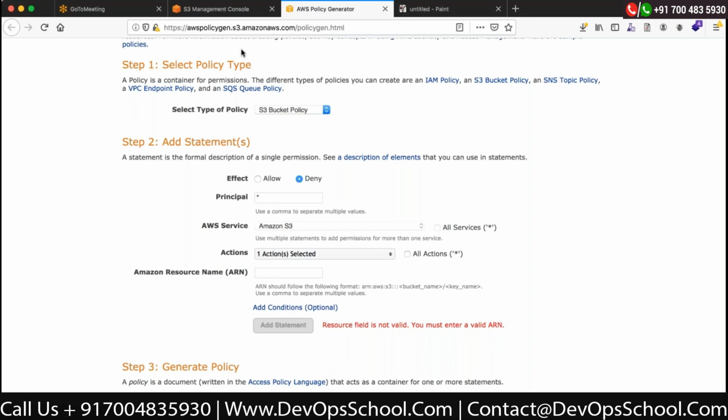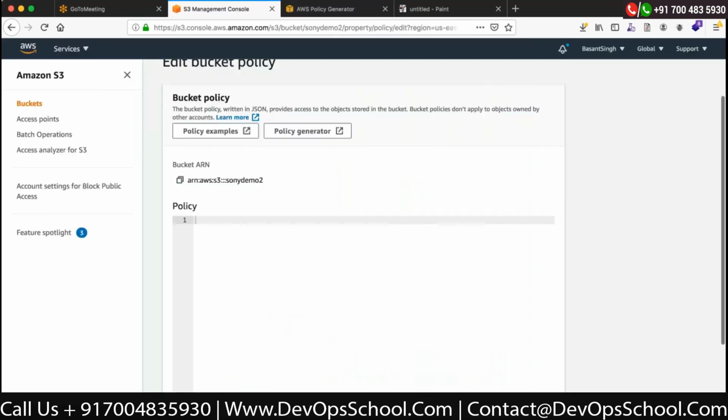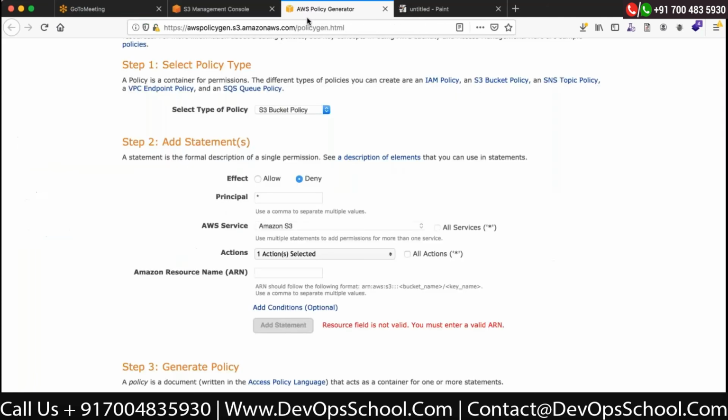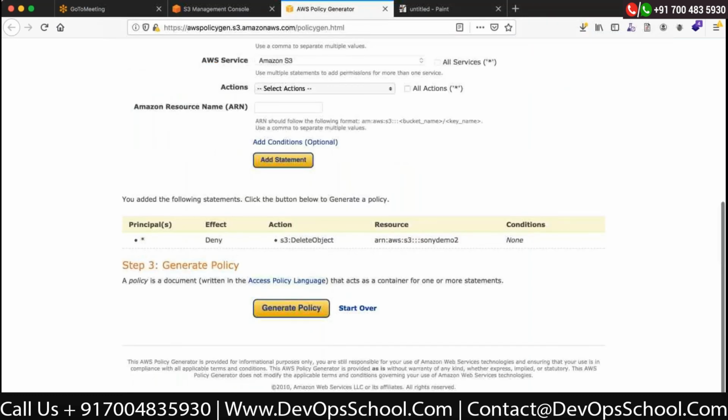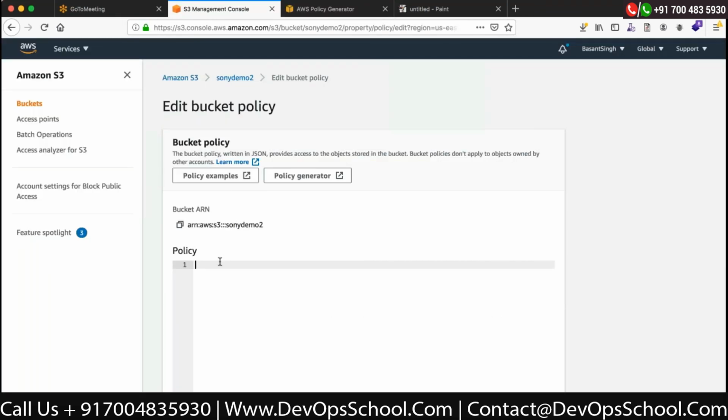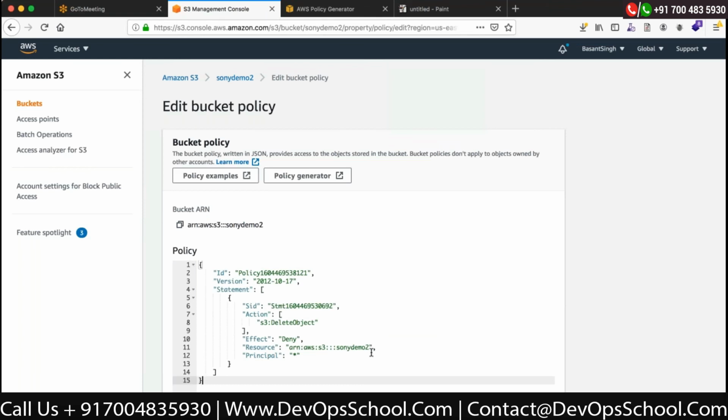What bucket you want to apply this on. So go back to your S3 again, and that's your bucket ARN. You just copy that. Come back, write your bucket ARN over here. Click on add statement. Now the statement has been added, and you click on generate policy. The policy will be generated. Copy this complete policy from here. Come back to your S3 again. Write the policy which you have just created. On the resource, make sure that